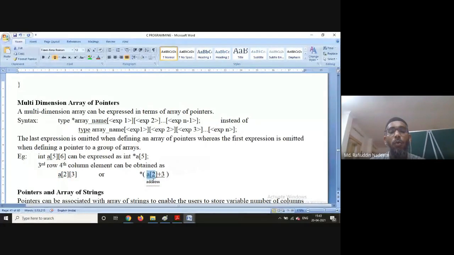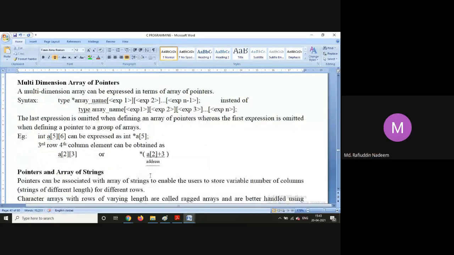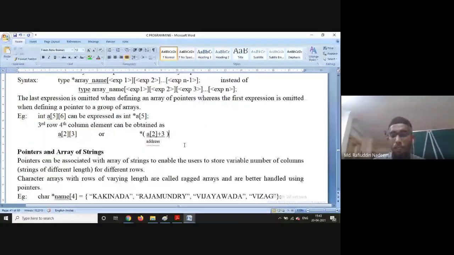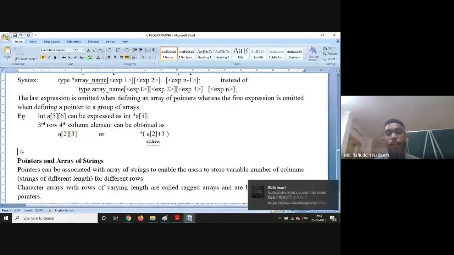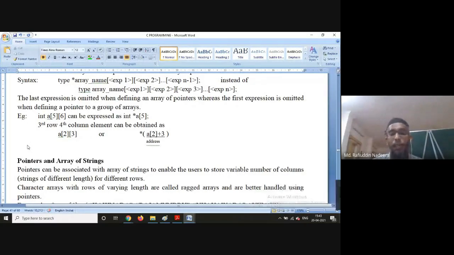This star of a plus 2 plus 3 will actually give you the address, whereas the entire thing with the star will give you the value. So a of 2 plus 3 will give you the address, and the whole star will give you the value. Got it?